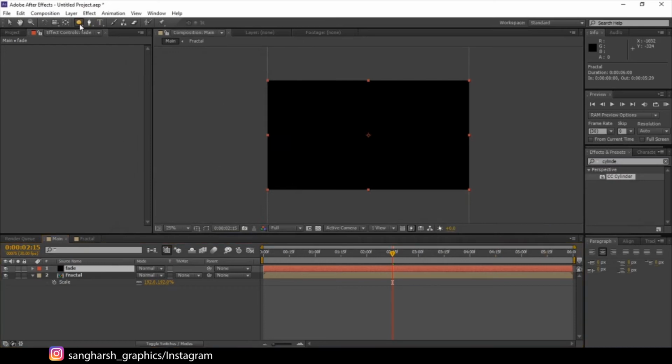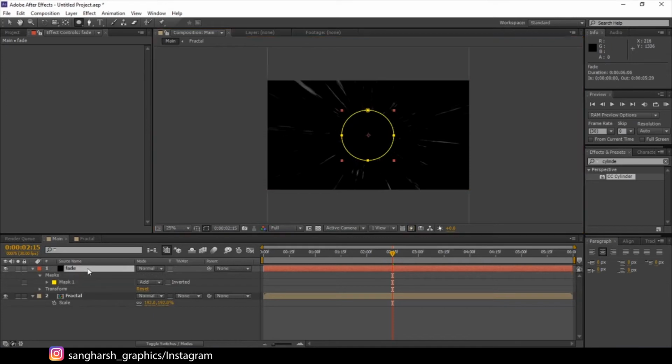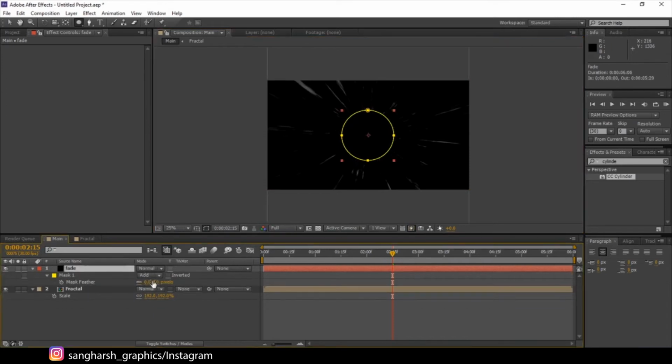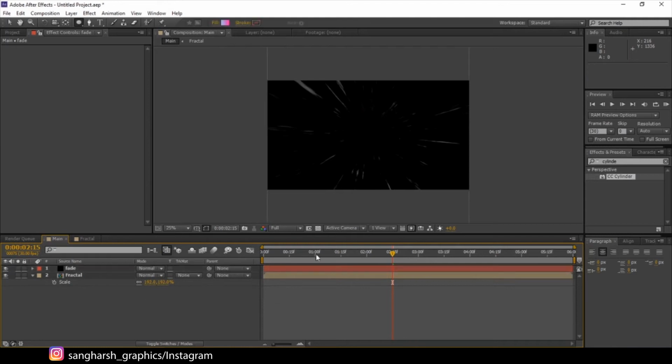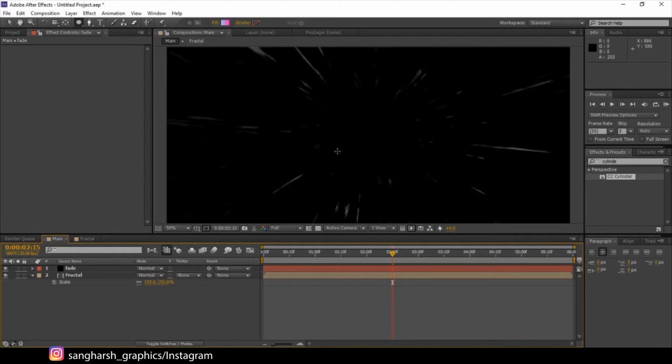Now go to the ellipse tool, click at the center, hold Ctrl Shift and drag a circle like this. Select the layer, press F to open mask feather. Increase it all the way to greater than 150, like this. And now you will have, as you can see, a nice fade effect.